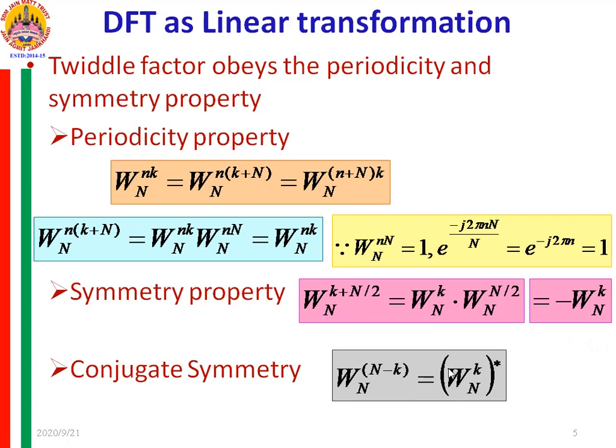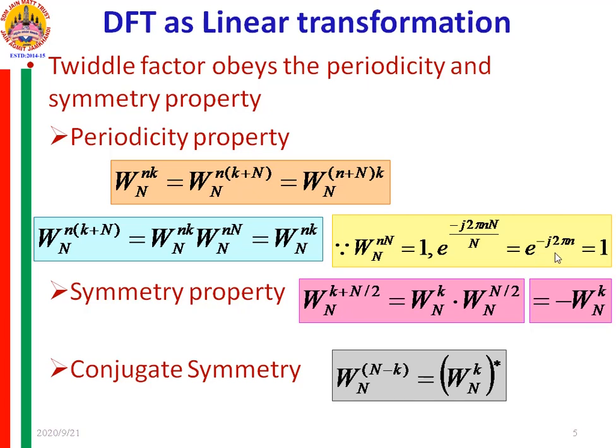If it is not real, at that time it obeys conjugate symmetry. Then W raised to (N minus k)n is equal to the conjugate of W raised to kn. Now to prove this, again you split this into W raised to Nn and W raised to minus kn. Now you will observe that W raised to Nn is equal to 1. In this expression, if this small n is not there, then this N will get cancelled and we will remain with e raised to minus j2 pi.